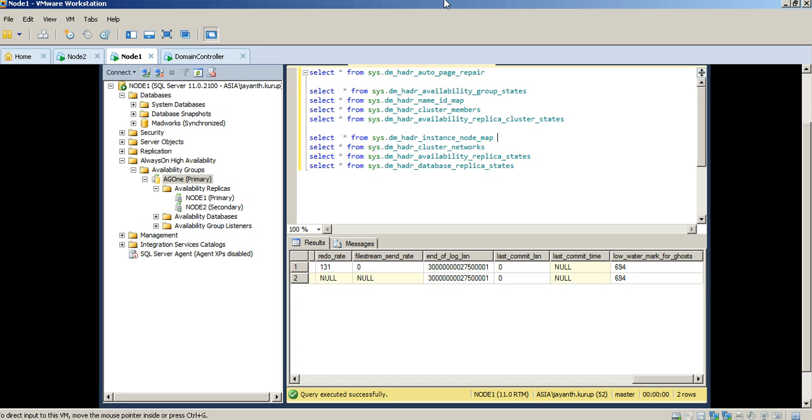Hi, in this video we're going to look at a continuation of the third part of the Always On series, and we're going to complete the series with basically the remaining tasks as far as Always On is concerned. Mainly this includes looking at some of the Always On DMVs to understand exactly how to monitor an Always On solution, as well as a look at the dashboard, how to use the listener group, and how to perform a